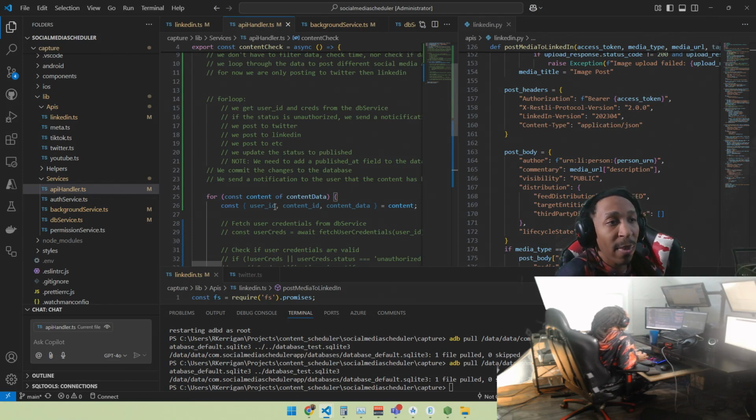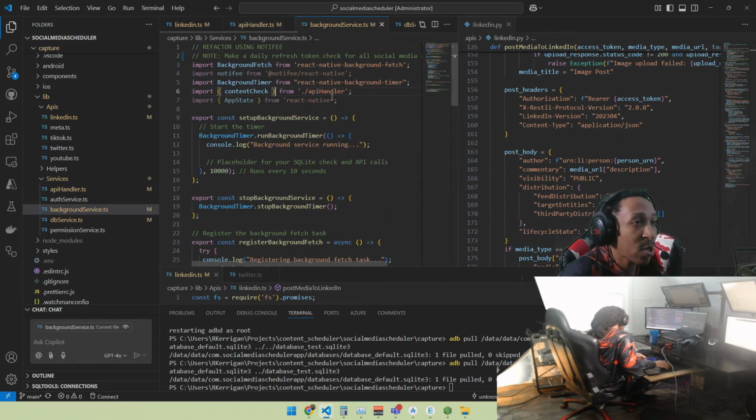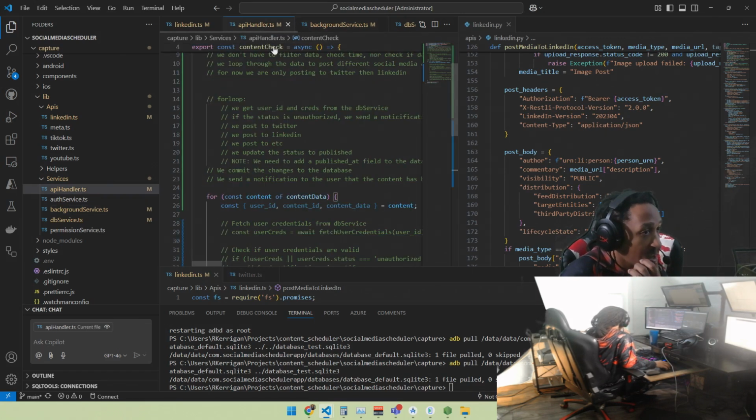So then you can make subsequent requests. And then I'm going to do a natural trigger of creating out the background service. So it's going to be essentially the refresh daily token check. Like, this is going to have to be done first, right? So we do that refresh daily token check